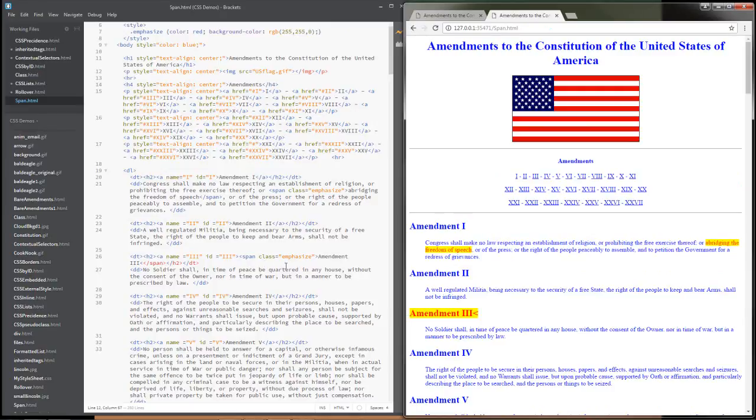So there's my opening span, class equals emphasize, closing tag. There's my extra tag right there. What I did is when I put the span tag in, remember I lost this tag here, that's it right there. I just put the span in the wrong location. So if I get rid of that guy,